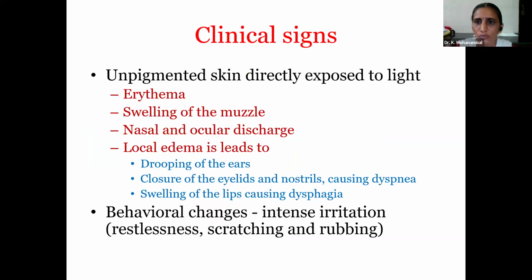Usually, as we all know, it will affect the unpigmented part of the skin. It will cause erythema, swelling of the muscle area, nasal and ocular discharge, and local edema will lead to drooping of the ears and closing of the eyelids, and the nostrils are also closed. So there will be dyspnea. And then swelling of the lips will cause dysphagia. And because of intense irritation, the animal will show behavioral signs, that is restlessness, intense itching, rubbing, and then scratching